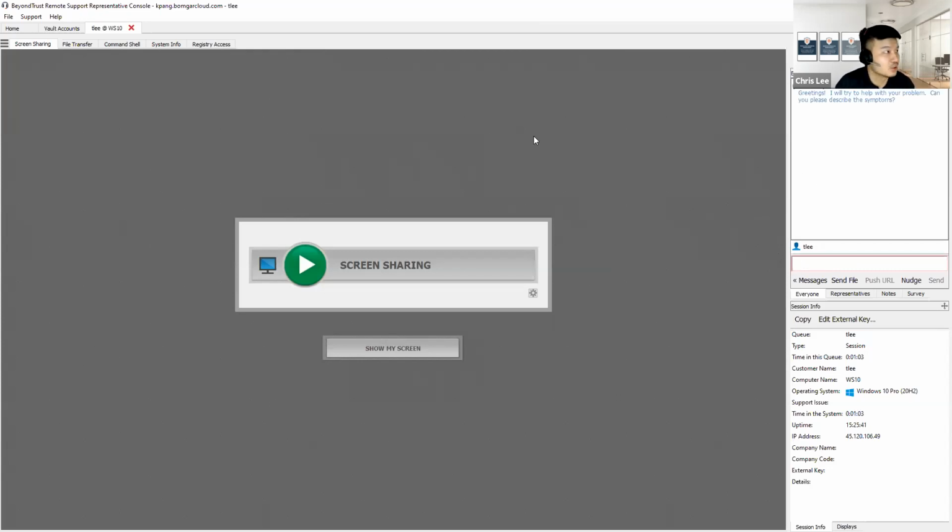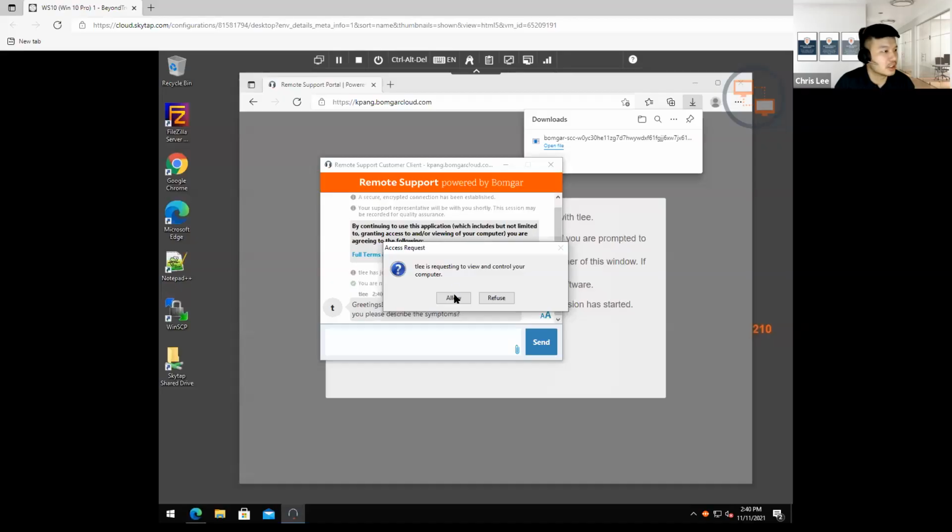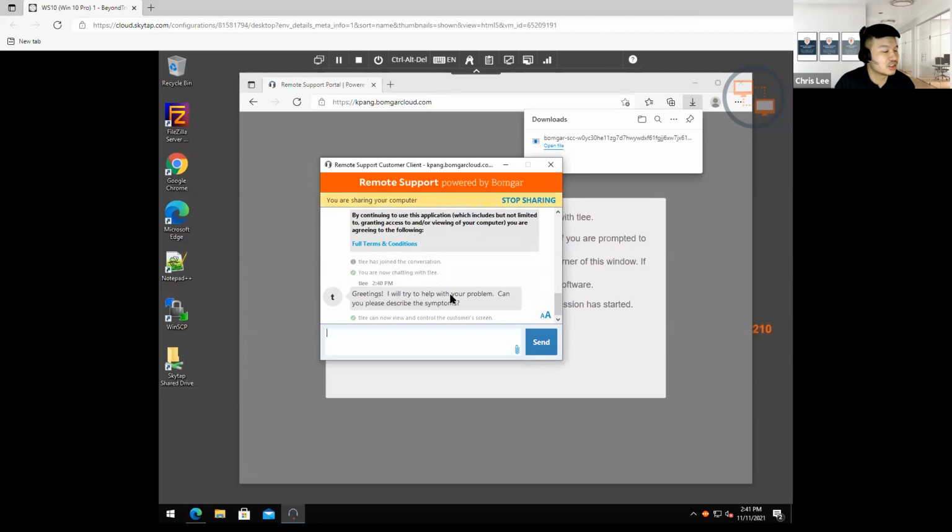At the same time, I can also help a lot of different users out there by having a chat session to begin with. If this is not enough, we can definitely bump up the support scenario into a screen sharing session. So for example, if I step into a screen sharing session as a user, I can see that I need consent from the user in order to start the session.